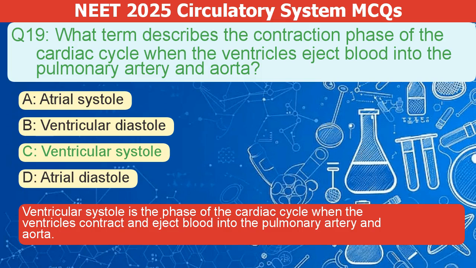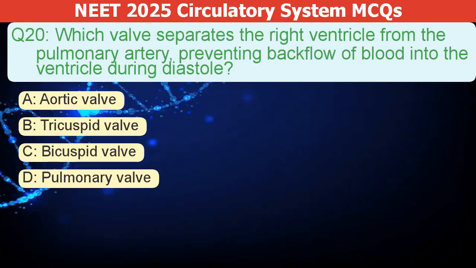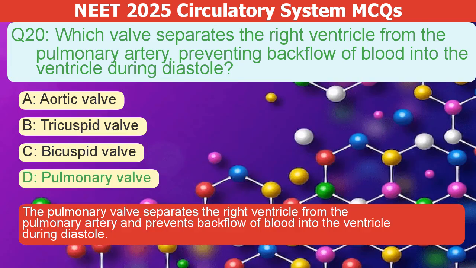and aorta. Which valve separates the right ventricle from the pulmonary artery, preventing backflow of blood into the ventricle during diastole? A. Aortic valve. B. Tricuspid valve. C. Bicuspid valve. D. Pulmonary valve. The correct answer is D. The pulmonary valve separates the right ventricle from the pulmonary artery and prevents backflow of blood into the ventricle during